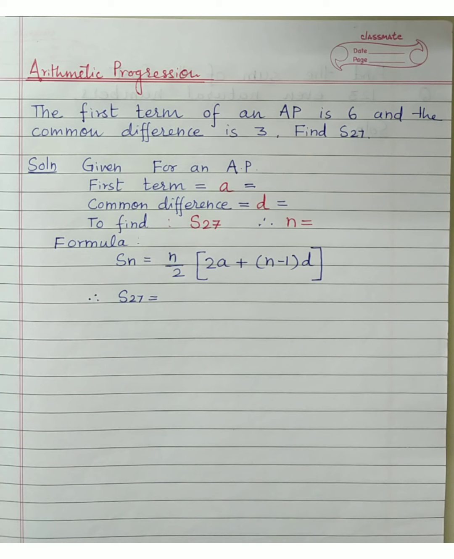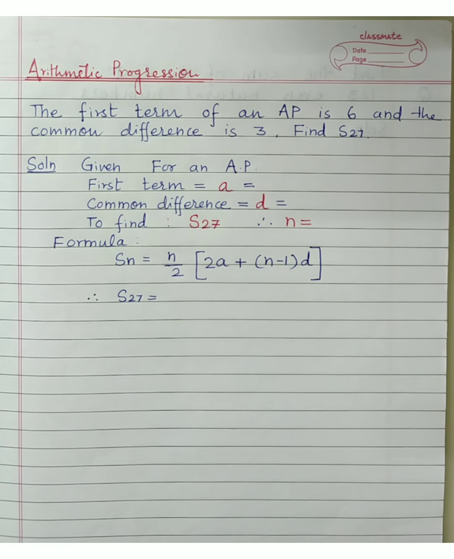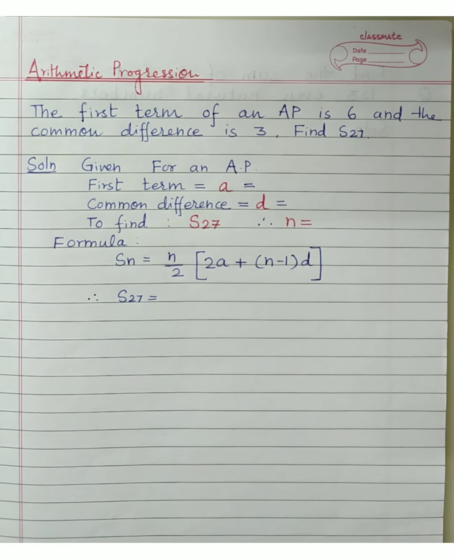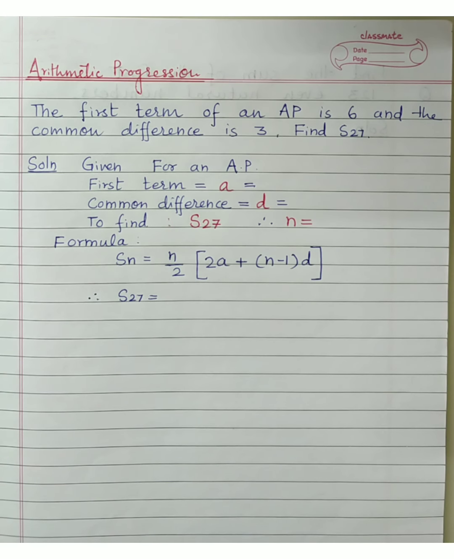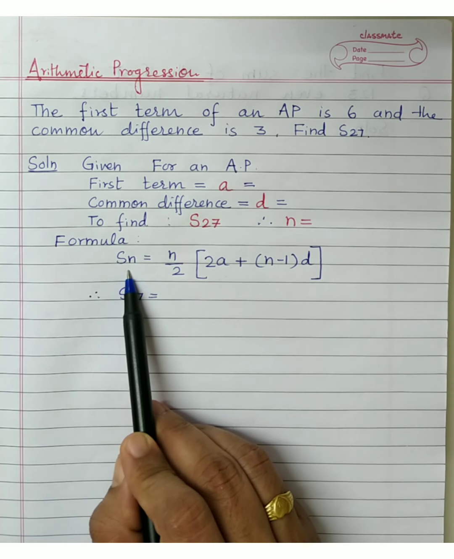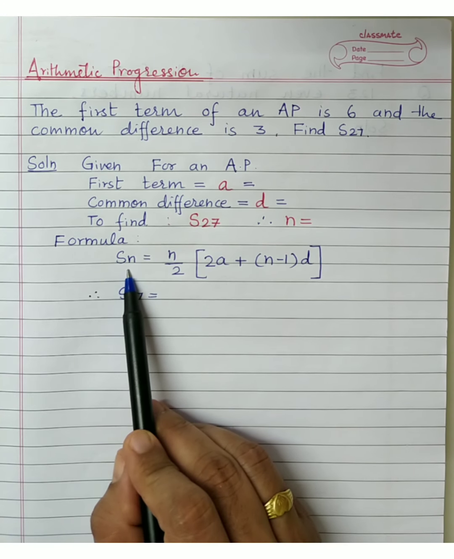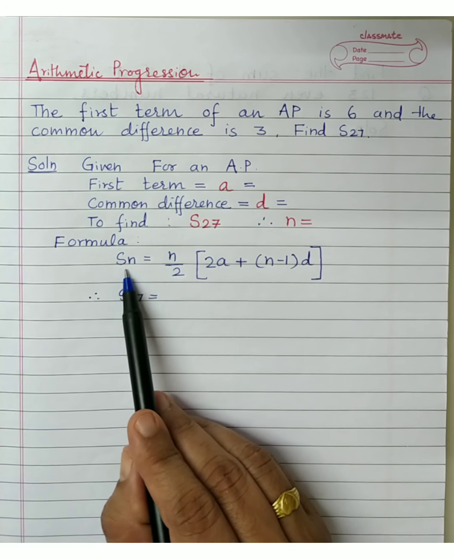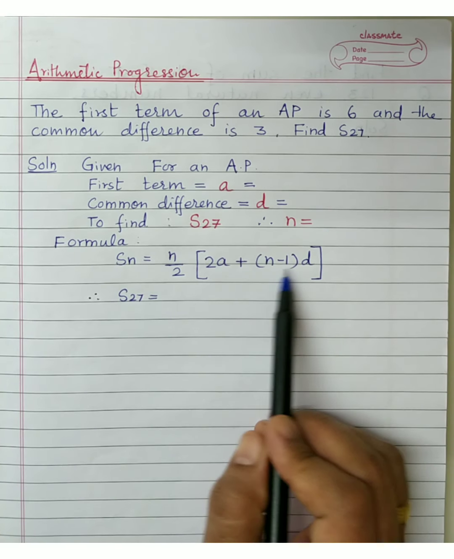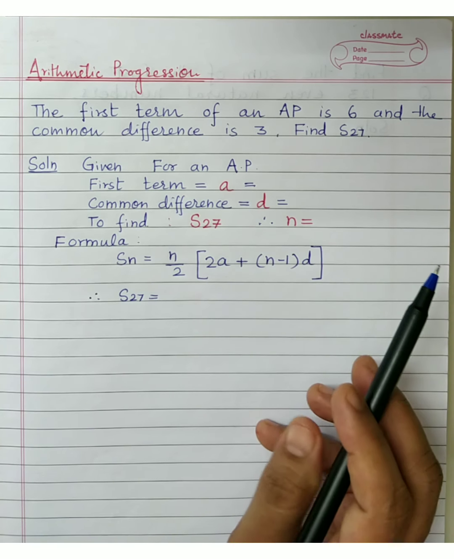To continue our study of arithmetic progression, I just want to remind you that today's lesson is fully based on formulae. So make sure that you have learned all the formulas taught in the earlier classes. For example, we are going to talk about the sum of n terms in this question, which I am going to explain first. What is the formula for Sn? n upon 2 bracket 2a plus n minus 1 into d bracket close, right?